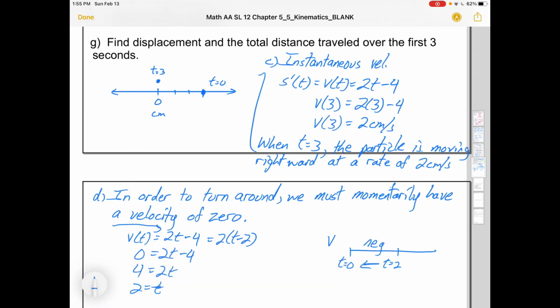What if I put in a number bigger than 2? Like let's put in 3 into this velocity function. That would give us 2 times 3 minus 4. Well, that would give us a positive number. And that would tell us, because velocity is positive, we'd be moving to the right. So if you change from moving left to moving right, you must have turned around. Okay? We turn around